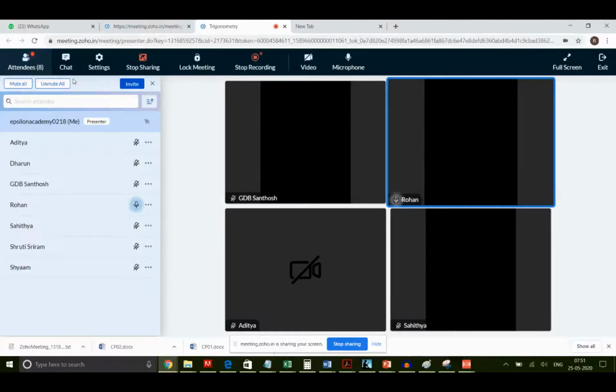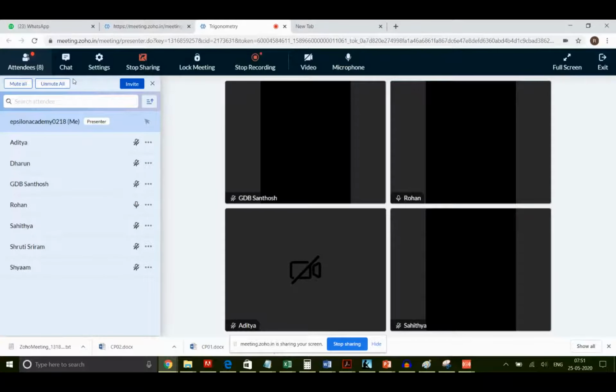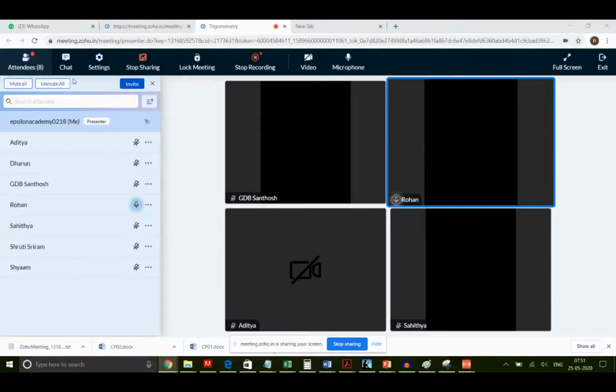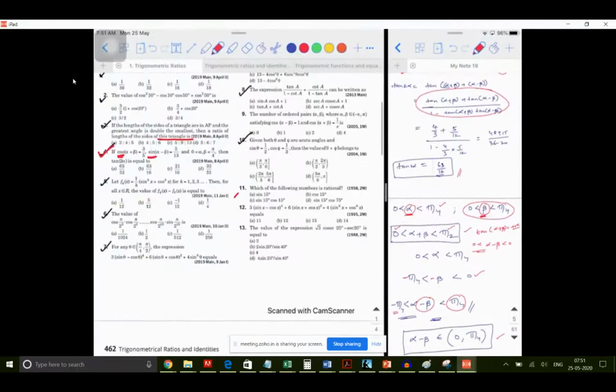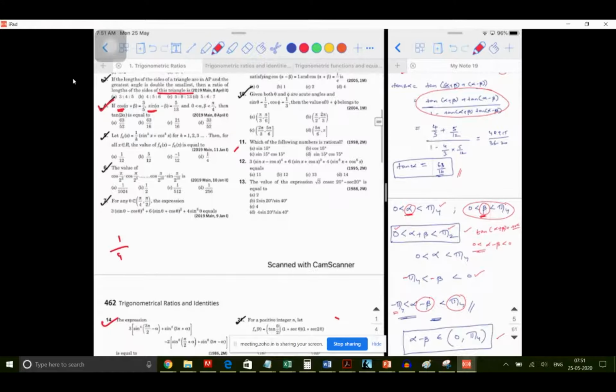Then you have to multiply by 3 and then multiply by 2. Okay, I'll do it. Just a minute. Whatever you're saying, I'll write it on the paper. So you are trying to say 1 by 4 into sine power 4x plus cos power 4x minus 1 by 6 into sine power 6x plus cos power 6x. This is what you're trying to say? Yes, sir. Minus. Okay, f4 of x minus f6 of x.